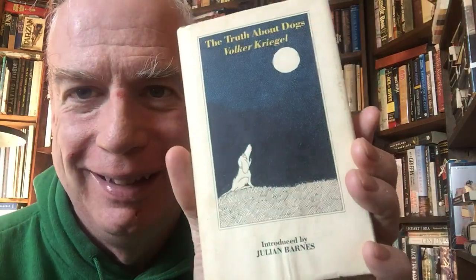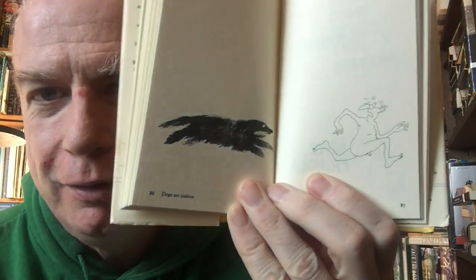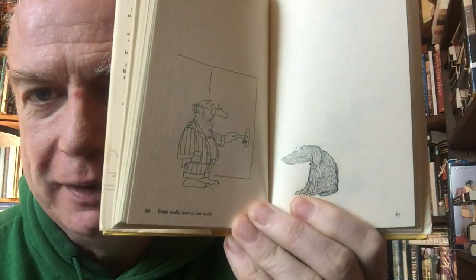Okay, this next one is also really small. This is Volker Kriegel, The Truth About Dogs. A tiny little thing, it's just one cartoon after another about what dogs do, what dogs are like. Dogs really love to eat socks. There's one in here. I'm never going to be able to find it at short notice, but it's my favorite one, and the reason why is because when I first got this book,